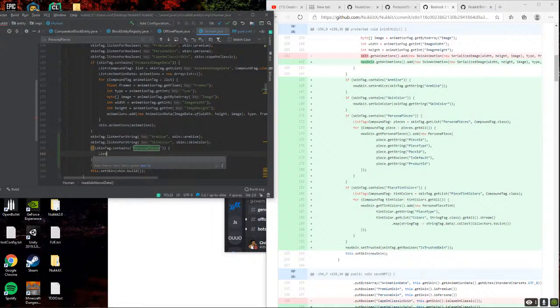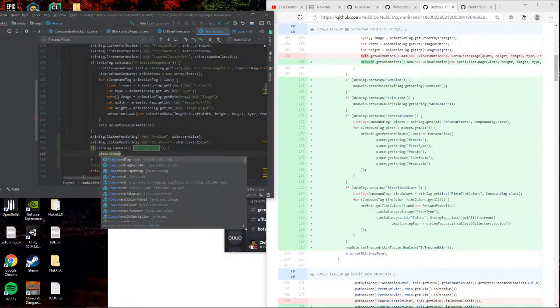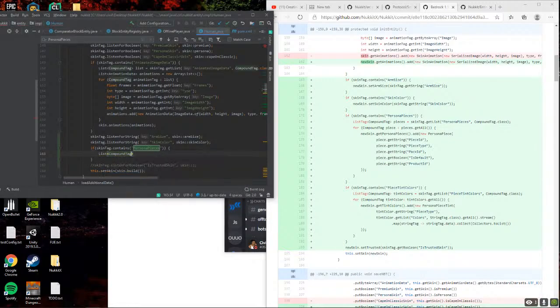Alright, so list of compounds tag called pieces equal to skin tag dot get list of persona pieces compound tag dot class.